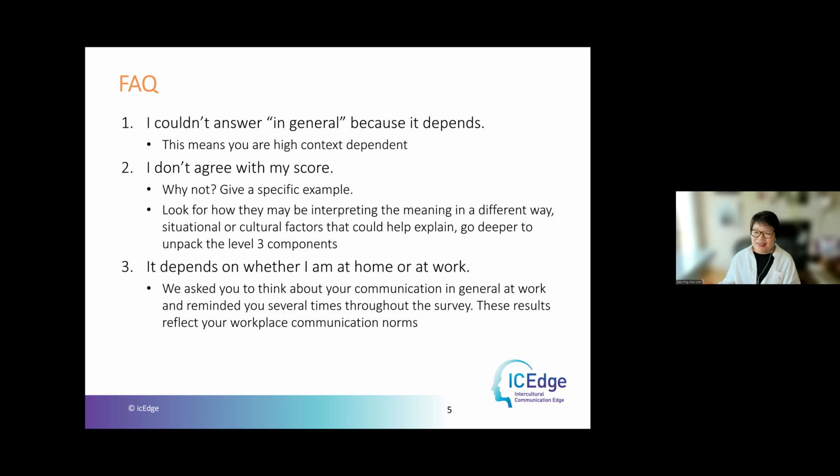And also when you deal with people who you are not so familiar with versus people that you are very close to, it also might be different. So I remember, I don't know who wrote that, that at home, you might be very direct with your parents, but at work, you are trying to be more diplomatic, more indirect when there is a conflict. But for our assessment, this one is about work.